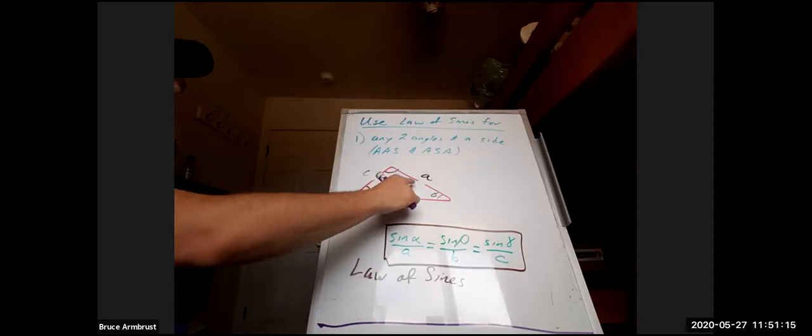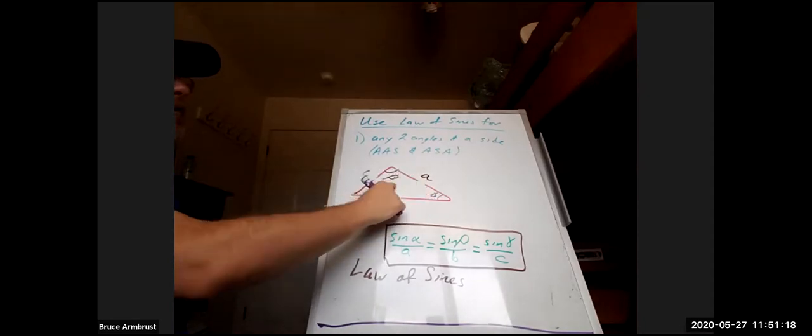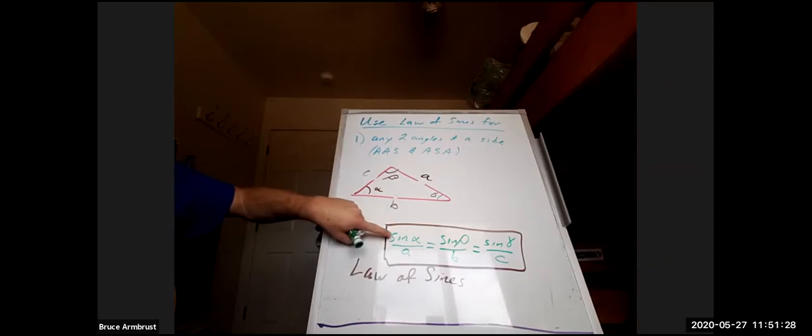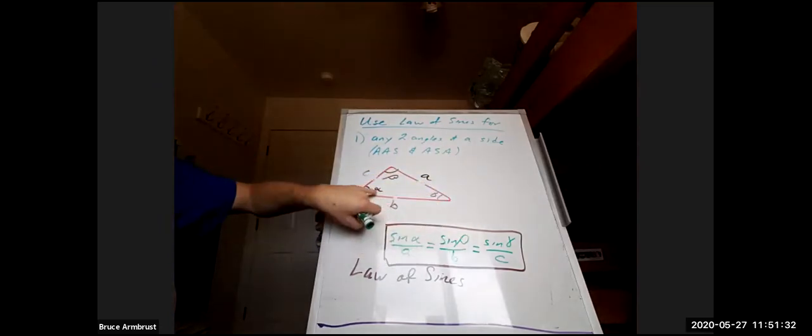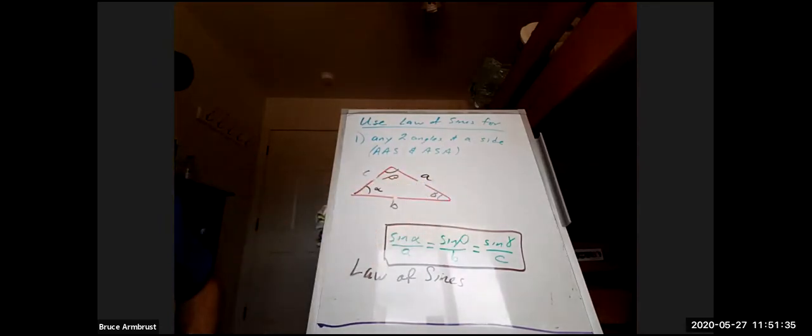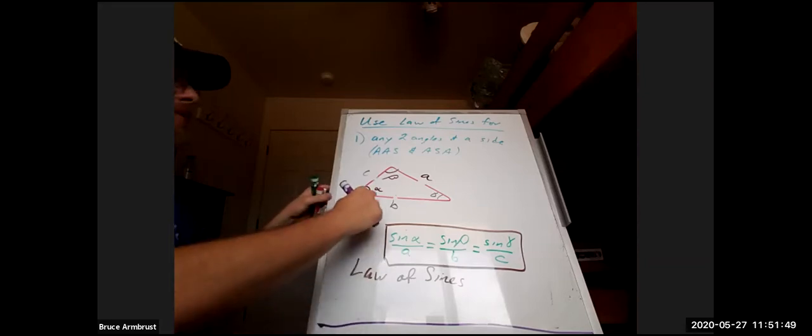And then notice that we have a side angle pair. We know A and alpha, which means in the law of sines, we know the entirety of this first fraction. And then we can use one of the other 2 pieces with their corresponding angles to find those sides. We'll do an example in just a second. Okay, so clearly, if we've got angle, angle, side, law of sines is perfect because we're given a side angle